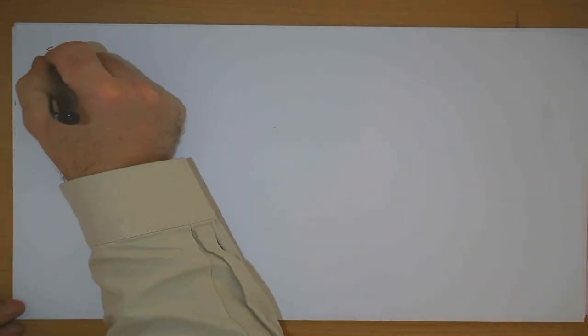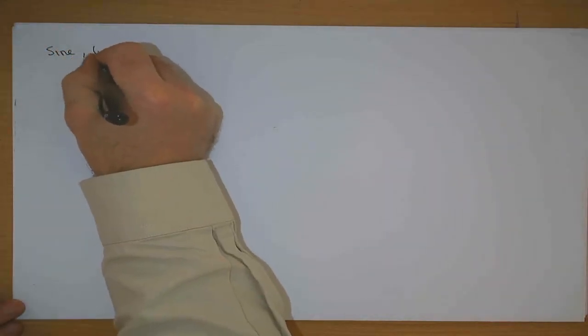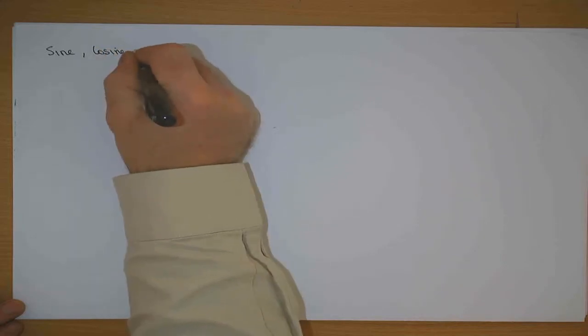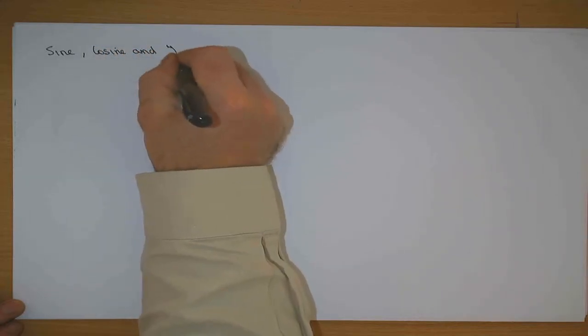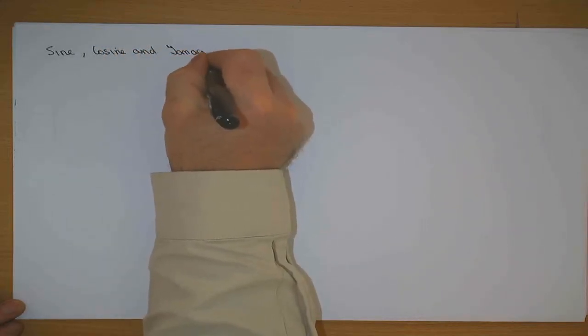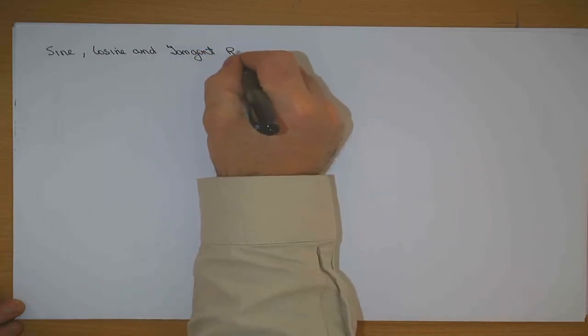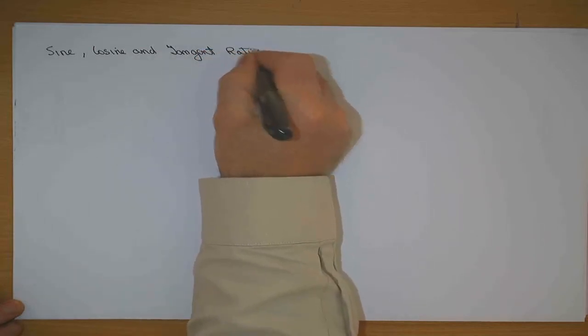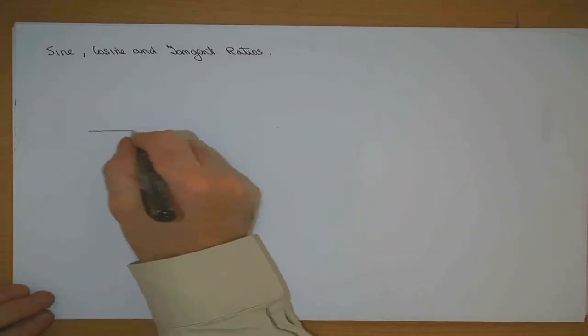Now, the next thing you need to be able to do is know about sine, cosine, and tangent ratios. Right? In any right-angled triangle,